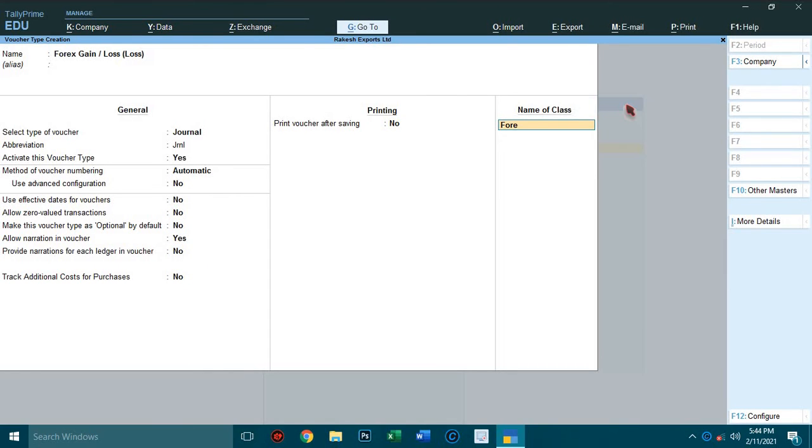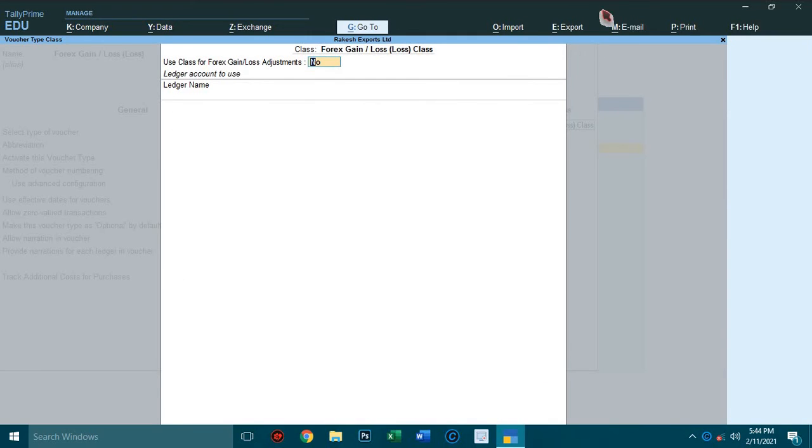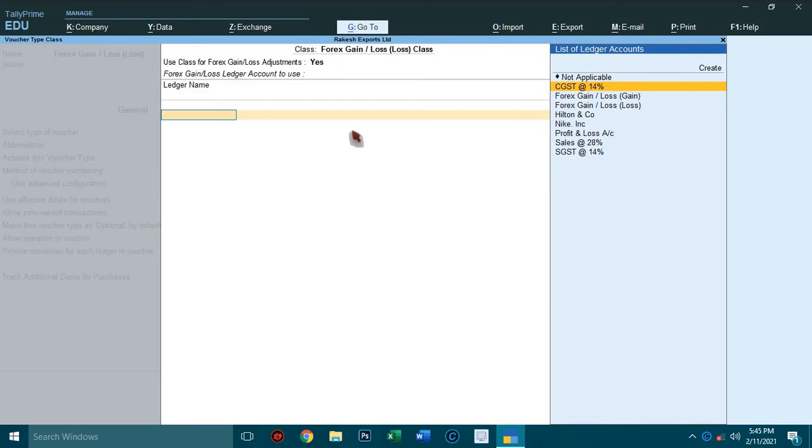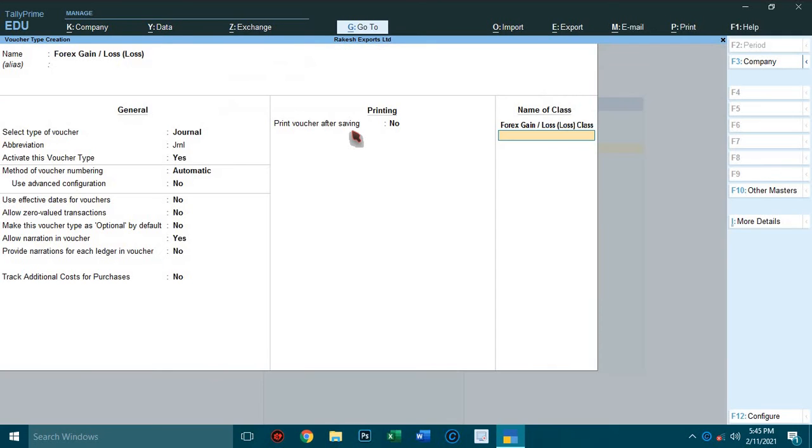Type forex gain or loss (loss) class, press enter. Use class for forex gain or loss adjustment, set to yes. Select the loss ledger, forex gain or loss. Accept.